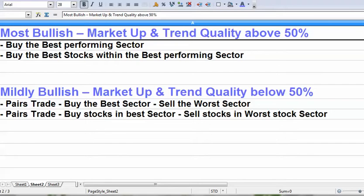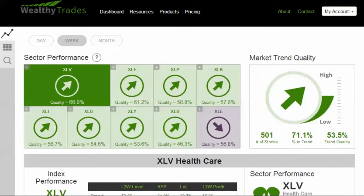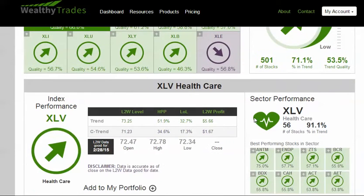We can buy the best performing sector. In this case, the best performing sector on a weekly basis in this up market with the trend quality above 50% is the XLV. It's the healthcare sector. The healthcare sector has a very high quality. It's the same quality score that they use on the market. Very high quality. It has great stats, meaning it opened at 72.47. It has an upside level for this week of 73.25, and it has a historical hit rate on that level